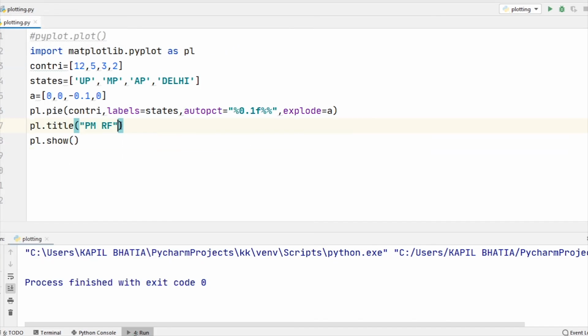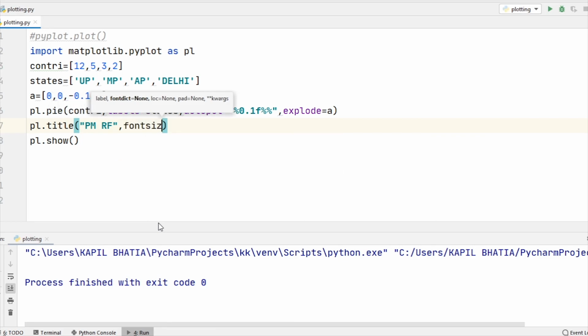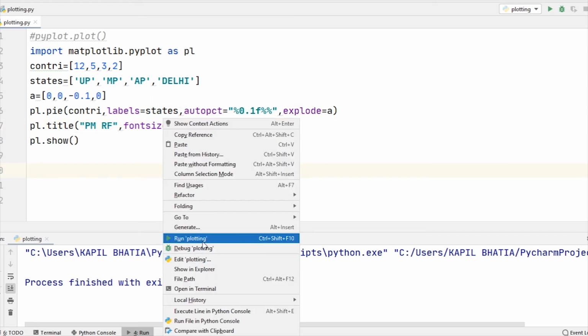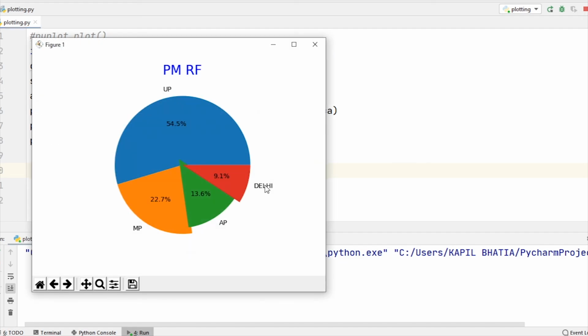For that, I am passing a few more keyword arguments: fontsize equal to 20 and color equal to, suppose, blue. So when I run this code, you can see the output.